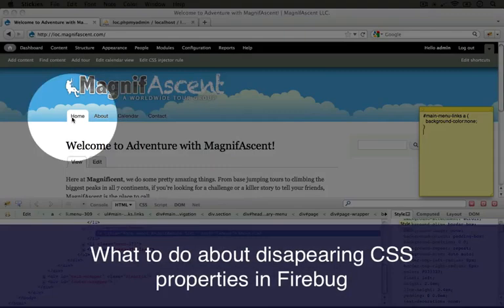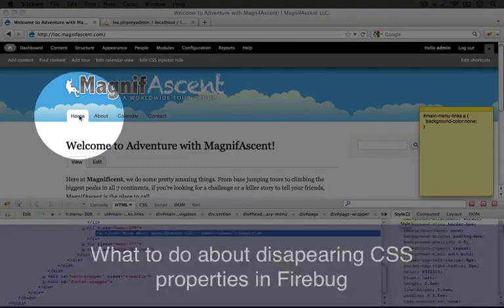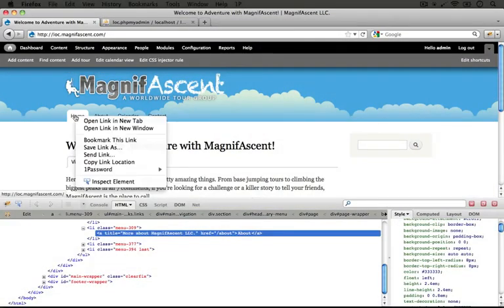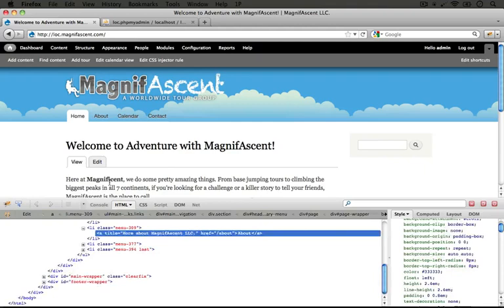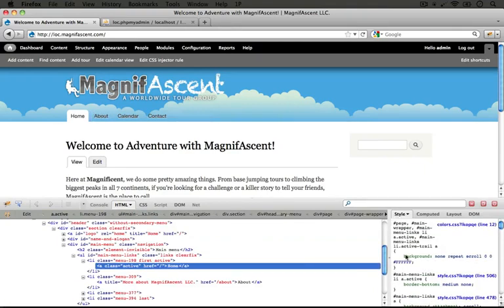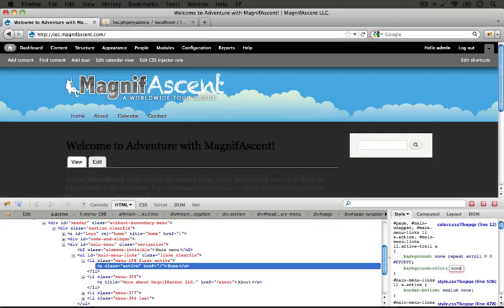Now that that's gone, we need to remove this background from the active item, and we've done that already. So let's go ahead and right click it and select Inspect Element again. And then just like we did before, let's go ahead and add a new property to this selector here. We'll go ahead and call it background color none again. Okay, so this did what we wanted it to do in the tab, but it also had